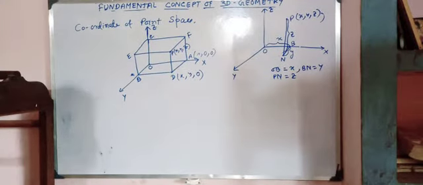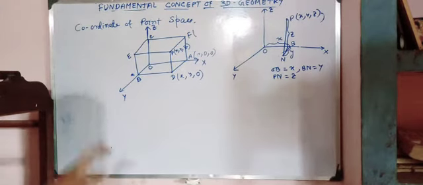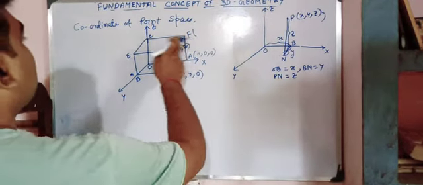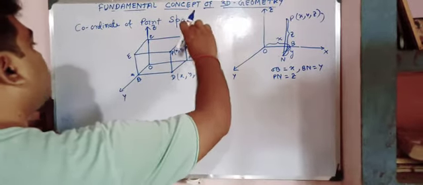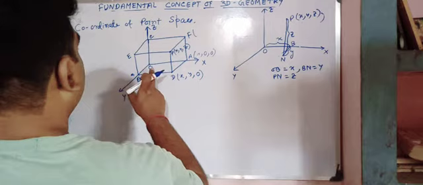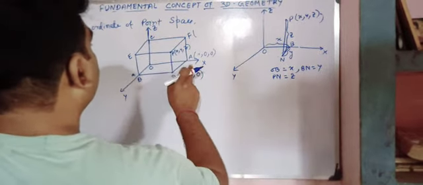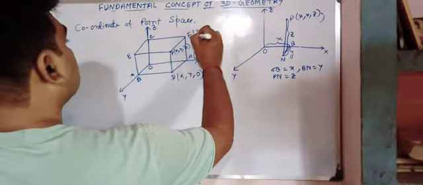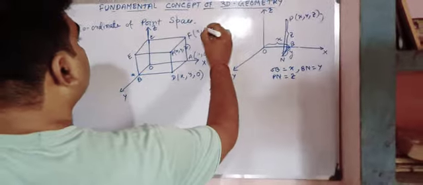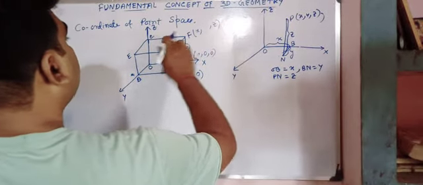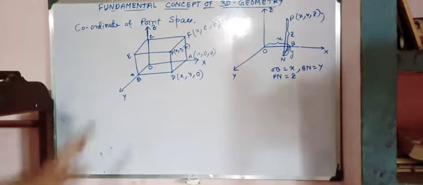Okay. Next move to F. First we see that F lies on the xz plane. So if we find the coordinate of F, for that we have to go through OA plus AF. Now OA is equal to x and AF is equal to what? AF is equal to z. And since the point lies in the xz plane, the y value should be 0. So that is the coordinate.